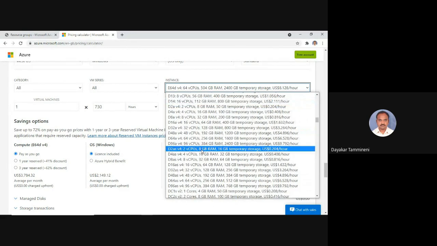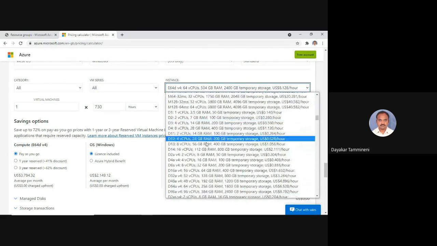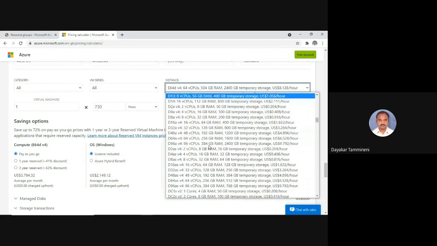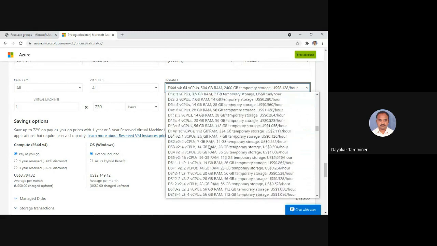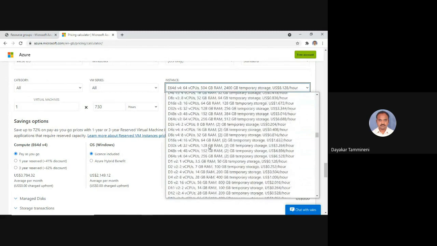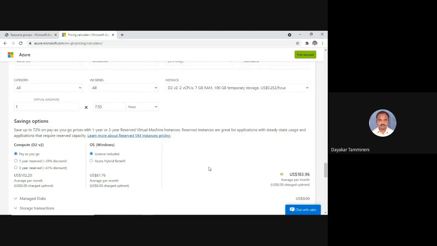Per month it costs around only $150, which is affordable for us, and it contains only 2 CPUs. Now D2V2. Let us see how much it costs. D2V2 is costing around $183.96. It is also affordable because we are having $200. And how many CPUs? 2 vCPUs, 7 GB RAM, 100 GB temporary storage.